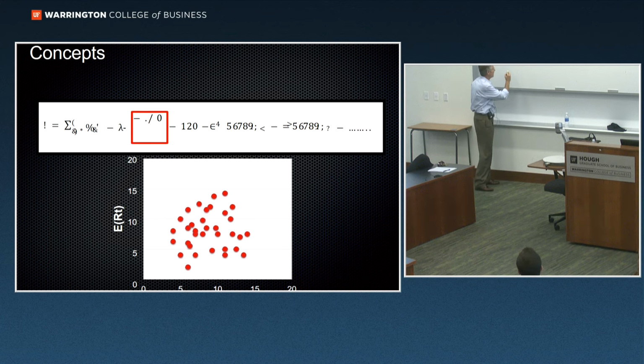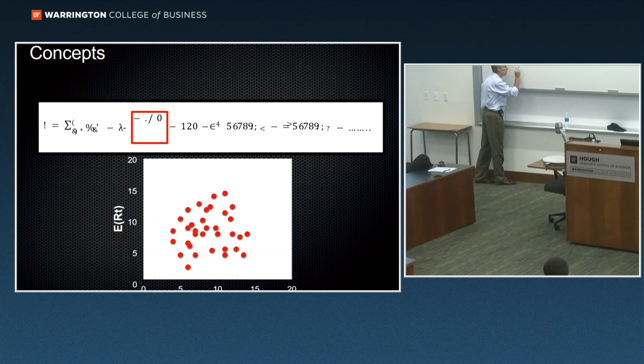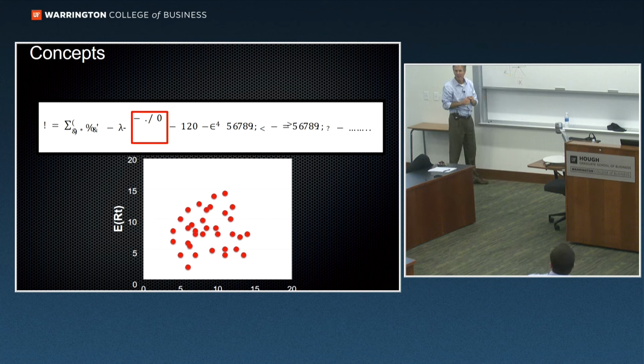I want to find where this is. Here's my utility, U, and here is something. We'll just call it X, or maybe it's the W, since that's the thing that we're finagling around with. Where is that? So the concept is that you need to find where the slope of that equation is equal to 0. Okay? So how do you do that?